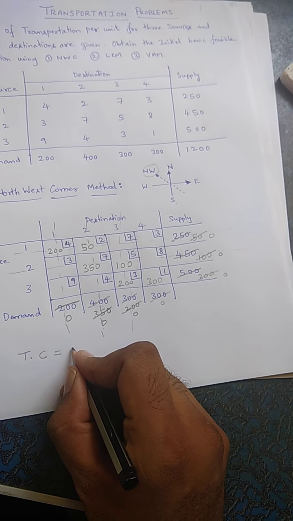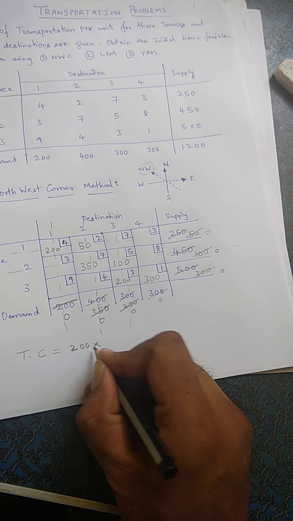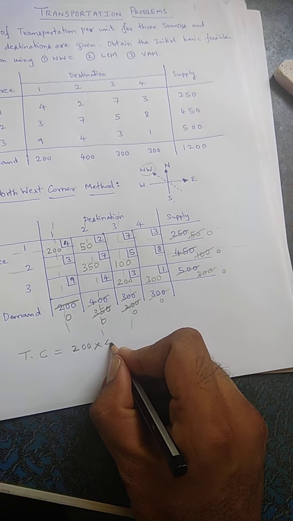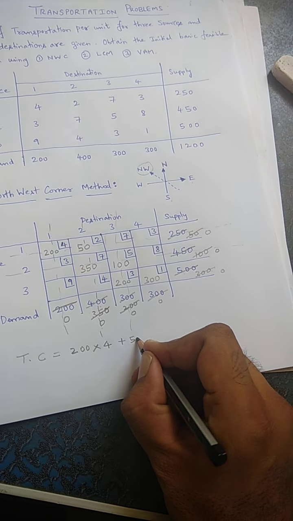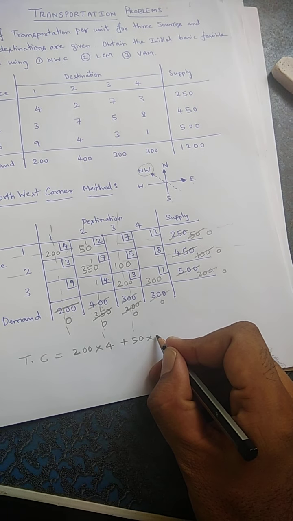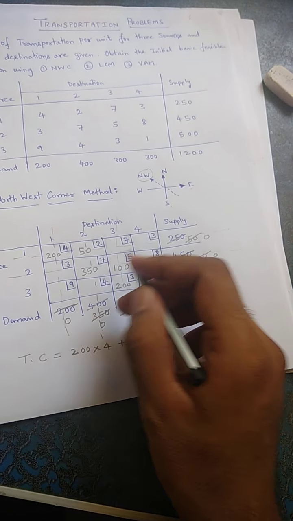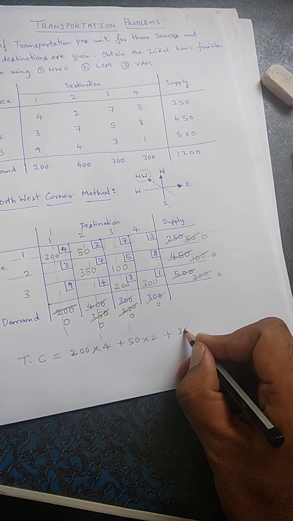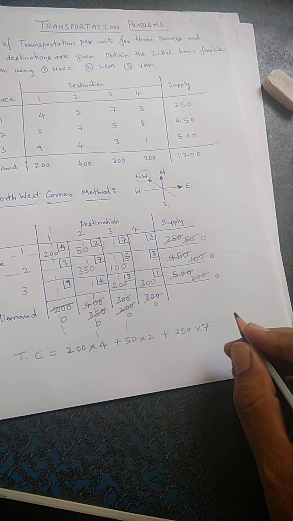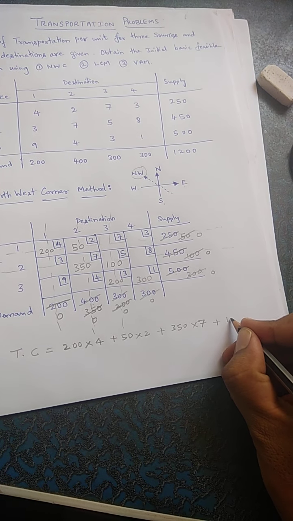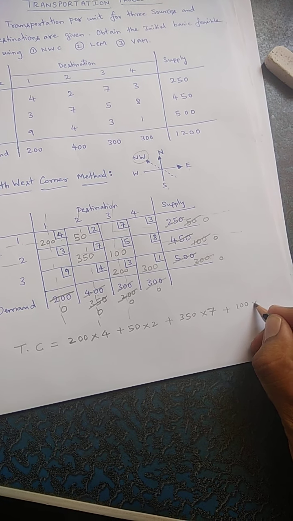So like this, we'll multiply each quantity by the price to ship each unit. 200 into 4, plus 50 into 2, plus 350 into 7, plus 100 into 5,